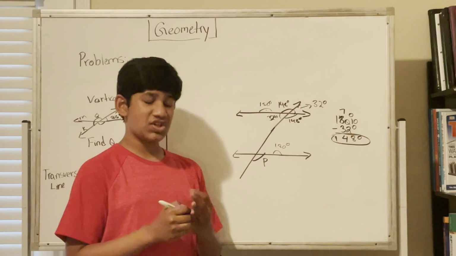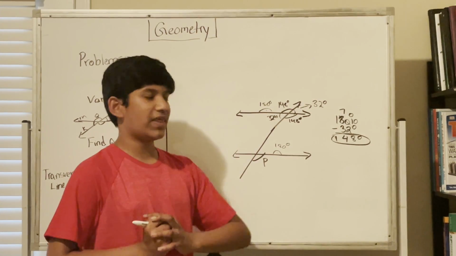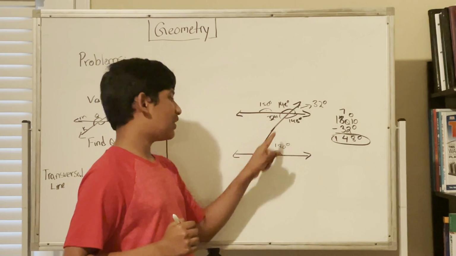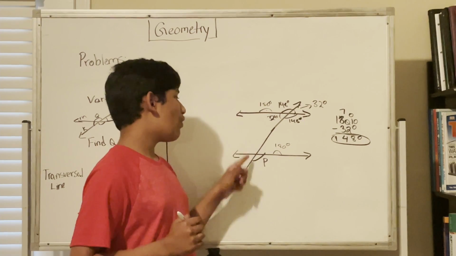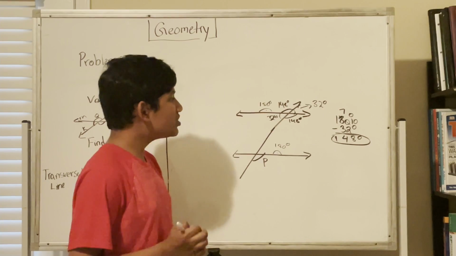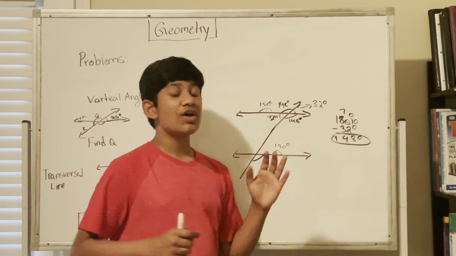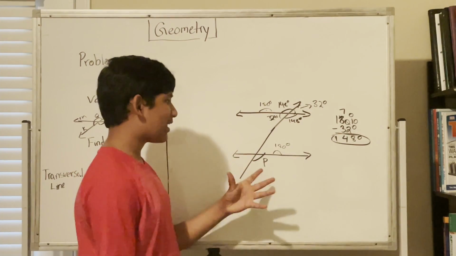Instead of mathematically rigorously proving this, we just have to understand one thing. This angle over here is equal to this angle. This angle over here is equal to this angle, and this angle over here is equal to this angle, and this angle over here is equal to that angle. Which means that all the angles just match. So the intersection on this line is the same as the intersection on this line.